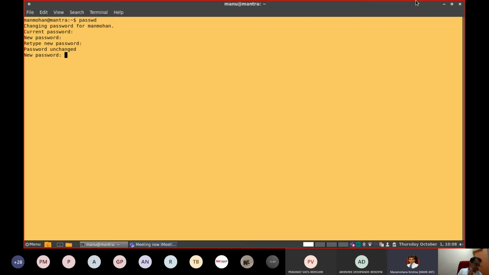Anyway, as a starting point, you should know how to change the password. Okay. Now with the passwd command, you can change your password. Because I logged in as user Manmohan here, I can change my own password by writing passwd.